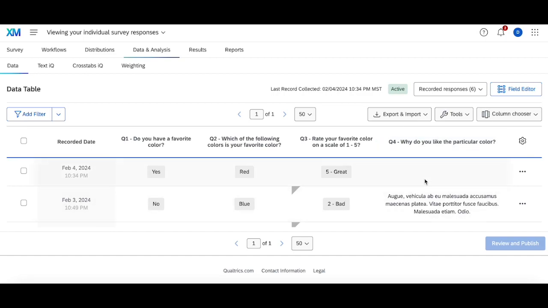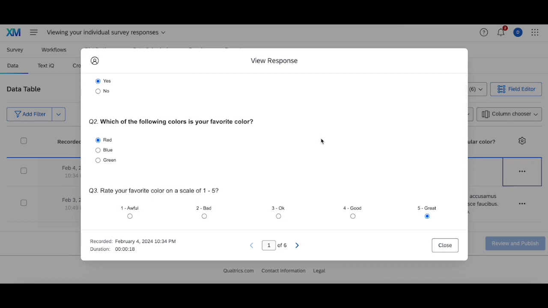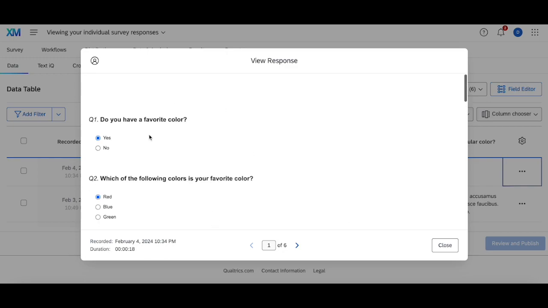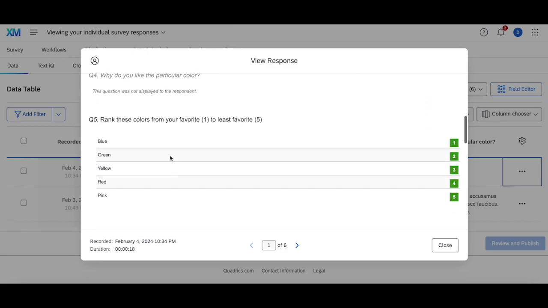Now, something we can't tell in the data analysis tab is if it's blank because they simply skipped that question or if it's blank because they didn't see that question. And this becomes really, really important, especially when you're dealing with randomizers that only show a set of options or branch logic statements. But in here, when you click view response, you'll be able to distinguish the questions that they did see and skipped versus those they didn't see and didn't answer as a result of not seeing them. In this case, they answered 1, 2, and 3. They didn't see 4 since it was in the block that was randomized and not shown,